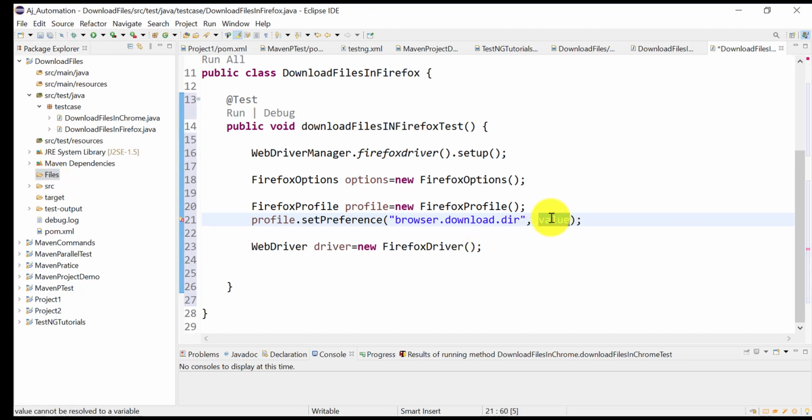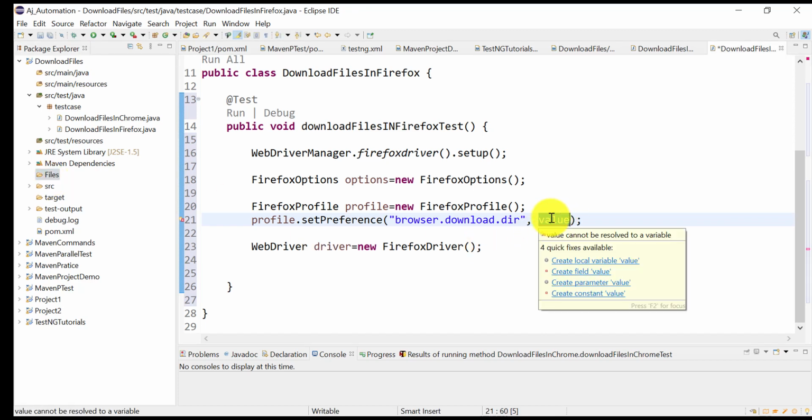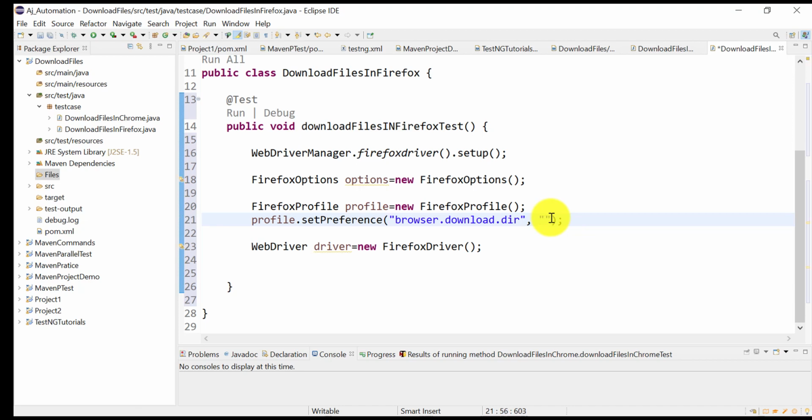Okay, and in this folder we want to save our files. So how will you do that is, here you need to provide the value in double quote dot slash files. Okay, dot slash means current directory, whatever directory the project is available in. In that directory, go to the files and save the files in this folder, like that.